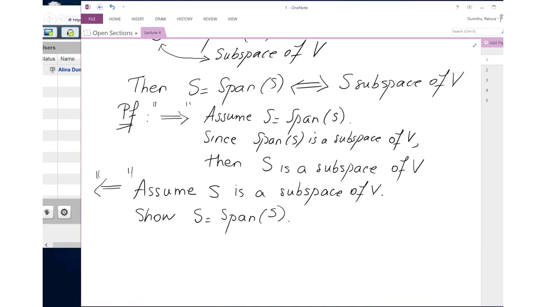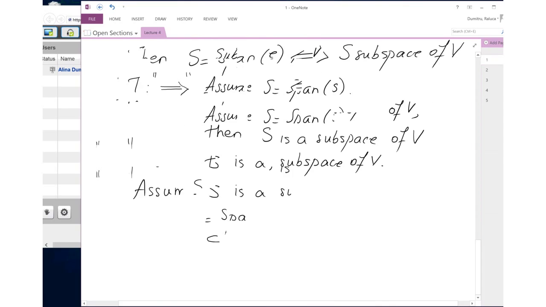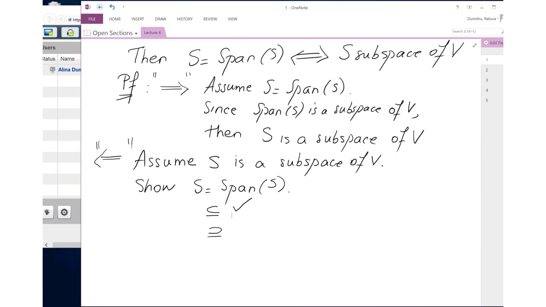Again, I need to show that two sets are equal, double inclusion. One inclusion: a set is always a subset of its span. We've already seen that. So all we need to show now is that the span is a subset of S